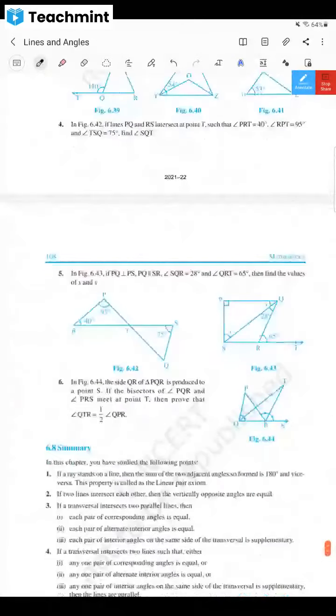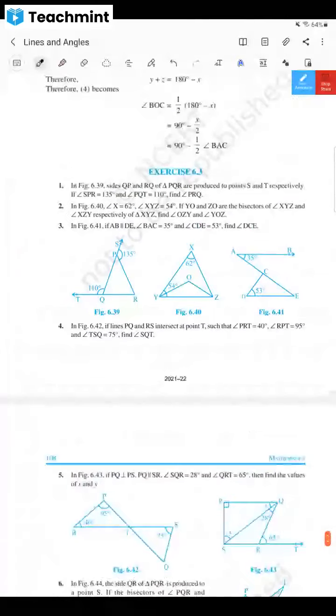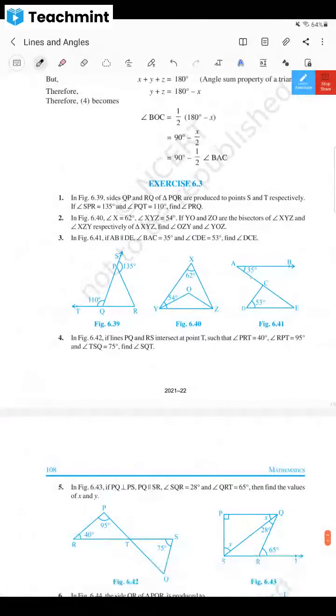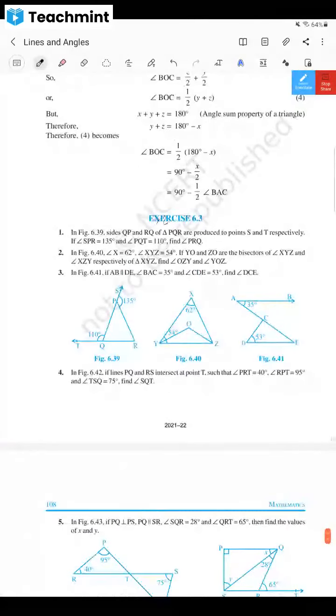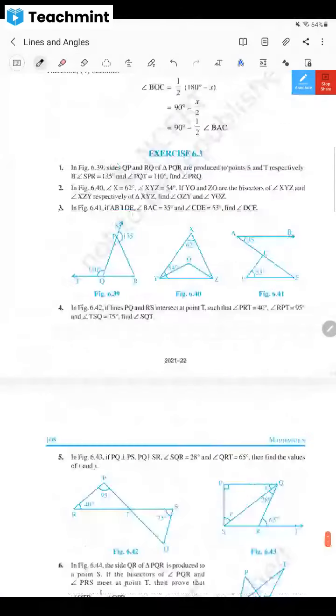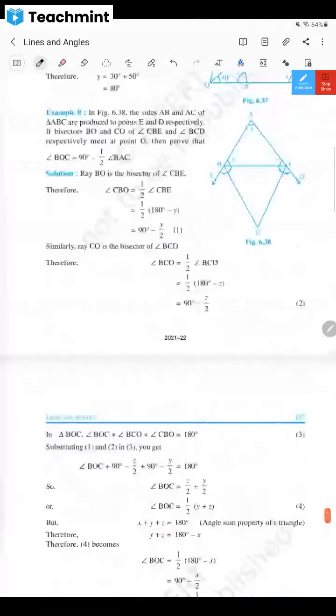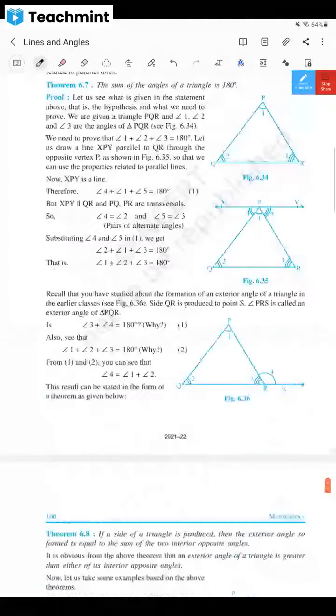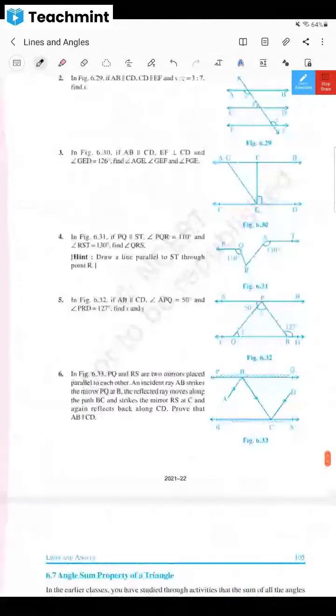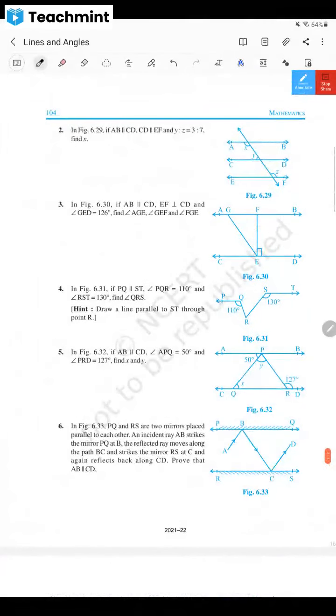Third exercise. Will you try all these questions, dear children? First of all, you have to try them. Already you must have tried them, right? Half tried, sir, and many doubts. Now today's target is completely with all detailing. I don't want the answer of this second exercise just to be written like, this is this much, this is that much. No, I want full detailing and full steps.